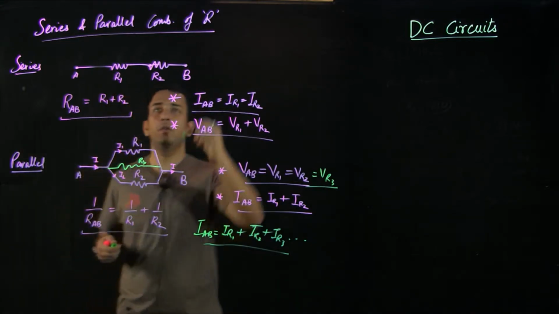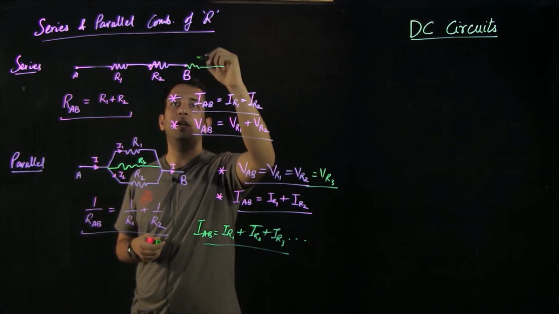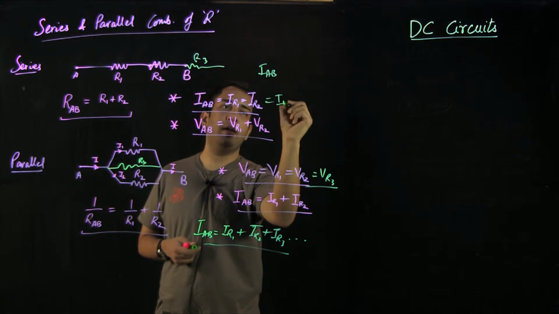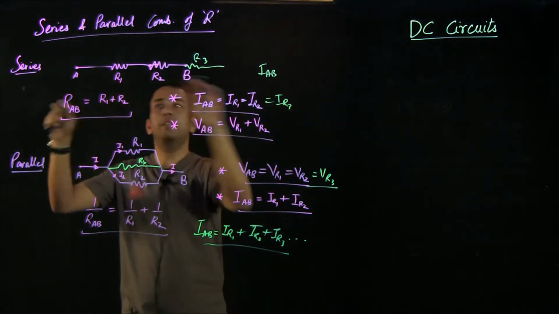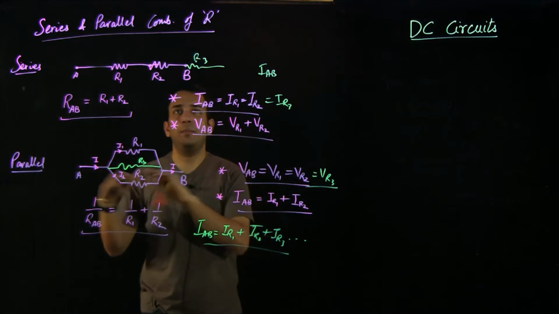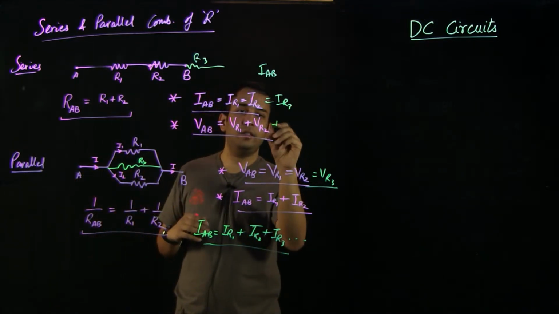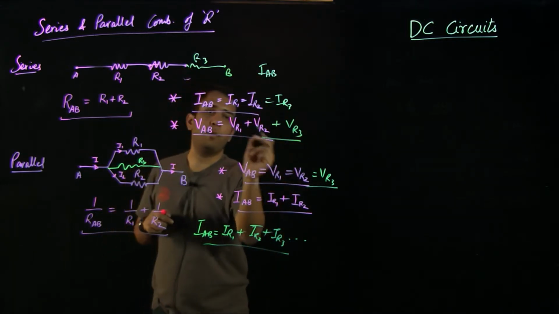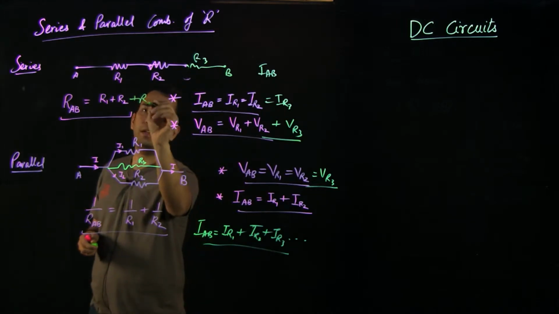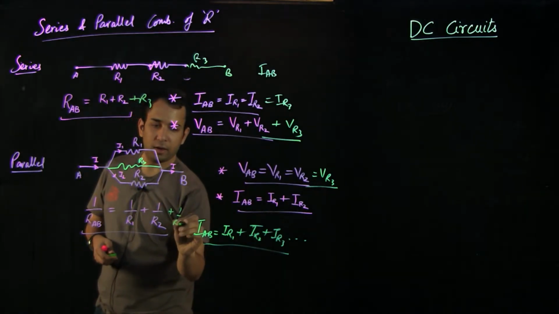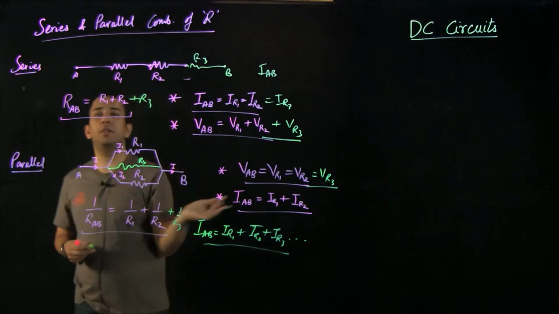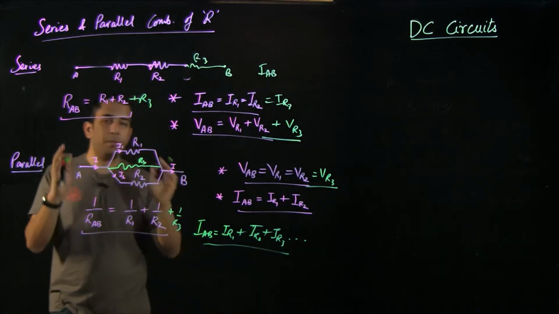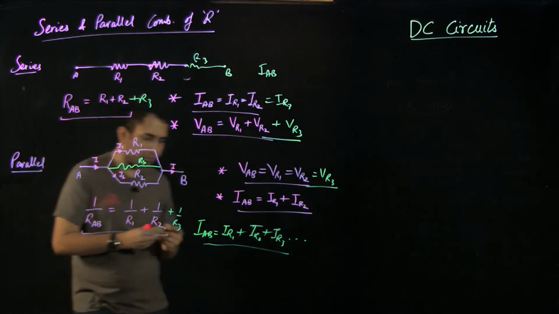And this is the case which is similar to the series combination as well. So let's say if I am just adding an R3, then the IAB will still remain same, because in the branch which is continuous, the current is also continuous and the same current keeps on going through that. So if I have B here now, then the formula will become this, and we can add R3 here and I can add R3 here. So I can have n numbers of resistances either in series and parallel combination, and still all these formulas will govern all those resistances.